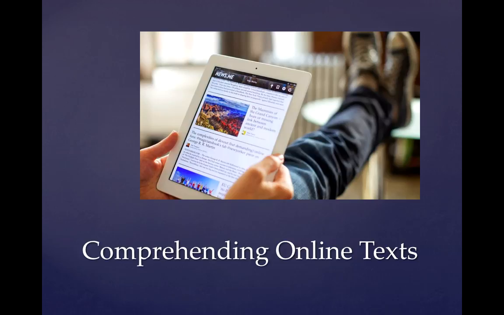Just because our students can go on and move between internet sites does not mean that they can actually navigate in a successful way to comprehend the text. So keep that in mind when you assign projects or lessons that deal with online searches or online reading, that you will need to give some instruction at times about the best way to do this in order to be efficient as well as successful.